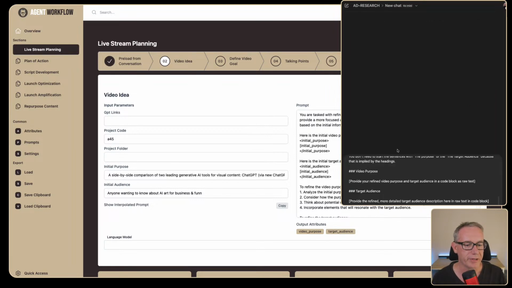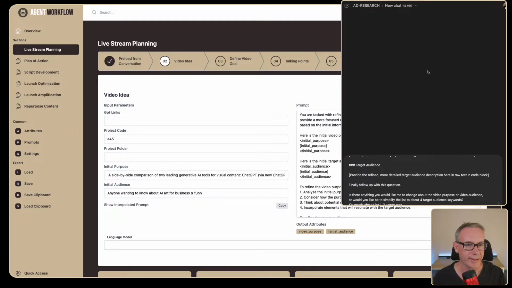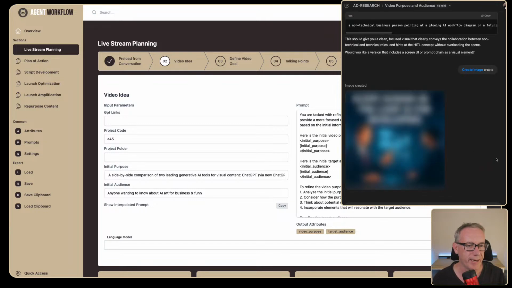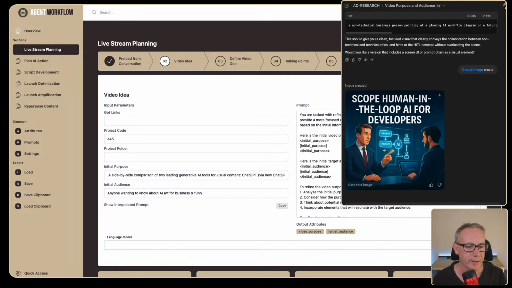That's the other thing, I've just lost context on the screen. ChatGPT has been having a lot of troubles lately, hasn't it? Scope human in the loop for AI. In the loop AI for developers. That's going to be pretty cool, by the way.